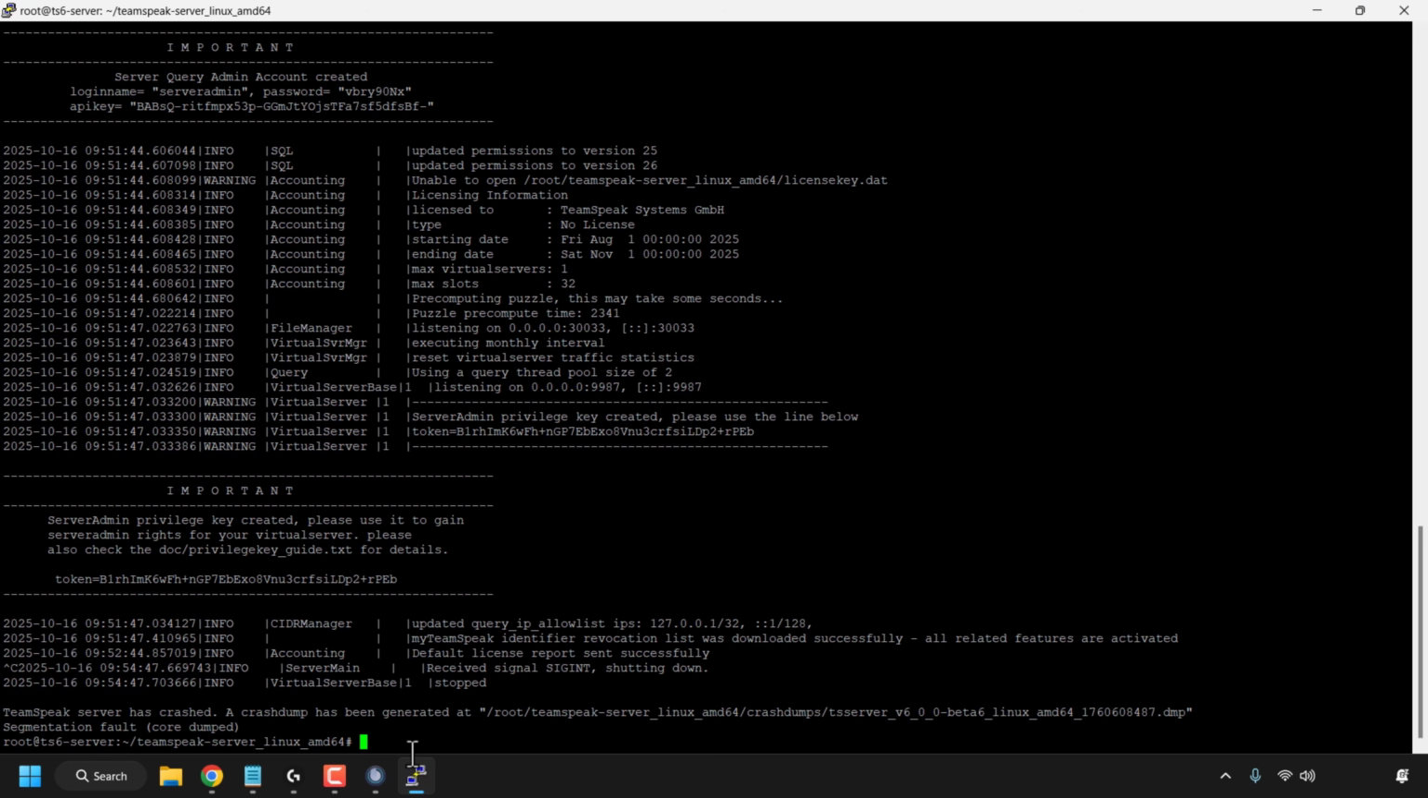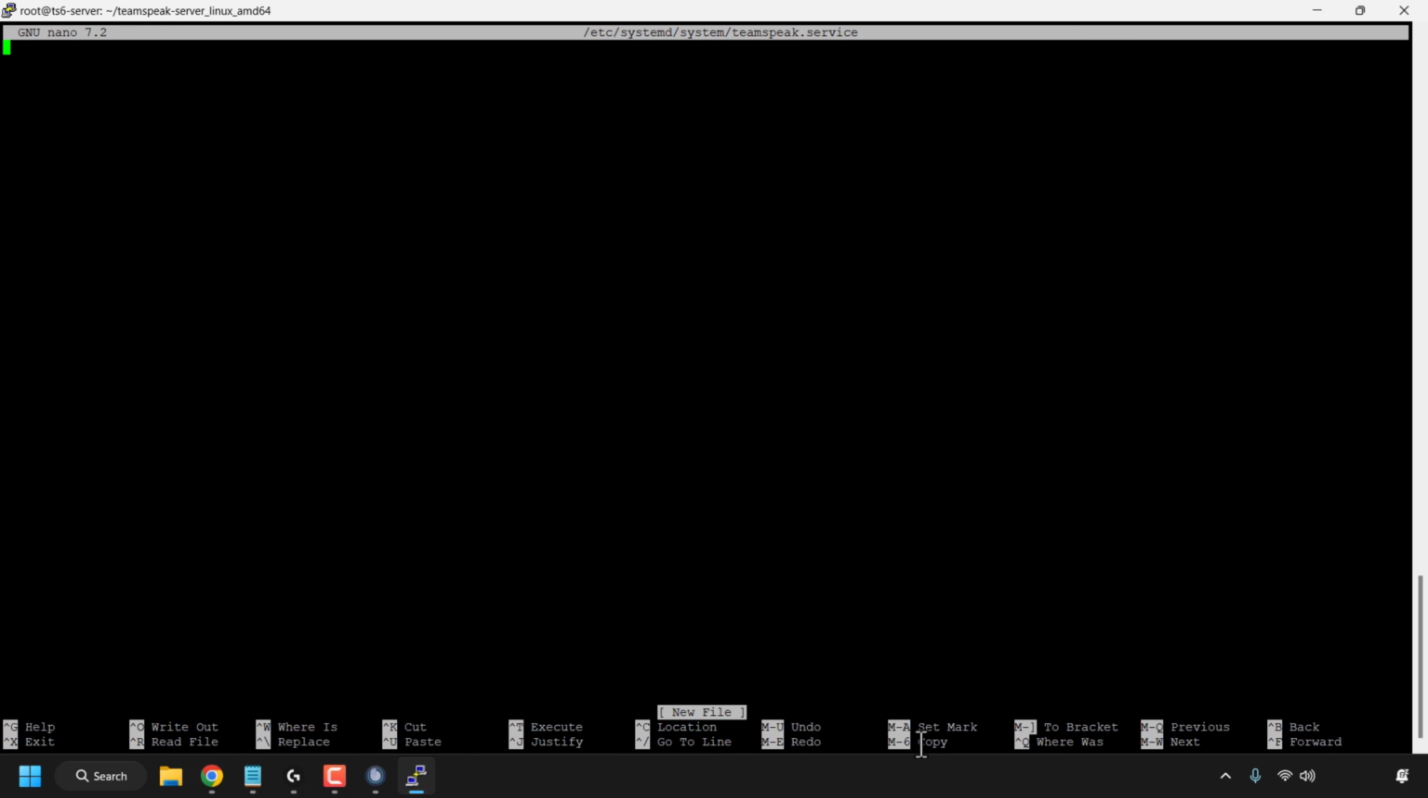Now we'll need to edit the TeamSpeak.service systemd file. To do this, we'll use a terminal-based text editor called Nano. Type the following command: nano space /etc/systemd/system/teamspeak.service. Once you've entered this in, hit enter on your keyboard. Now what we'll need to do is paste in text that I've prepared for you in the TeamSpeak service systemd